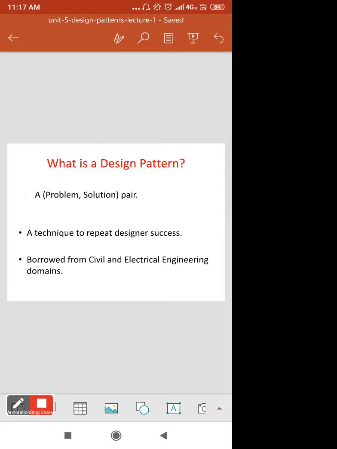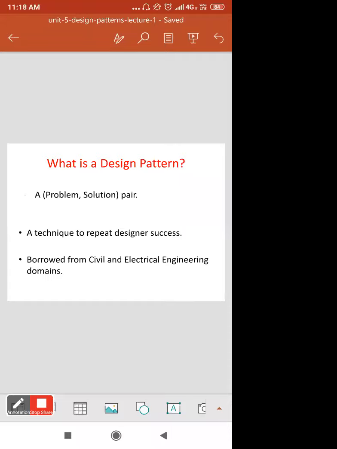For preparing the solutions, the designer should go through all of the design patterns. So it is a technique to repeat designer success, till he gets success implementing that particular pattern. Again and again he repeats this design process. That is what software design patterns are.